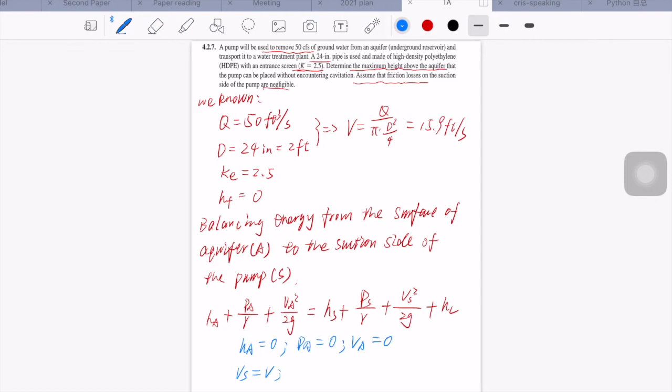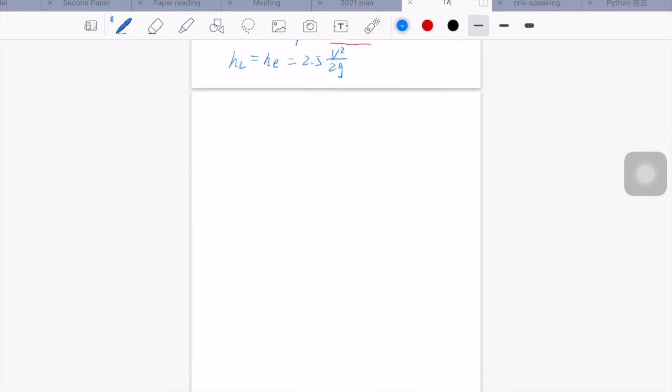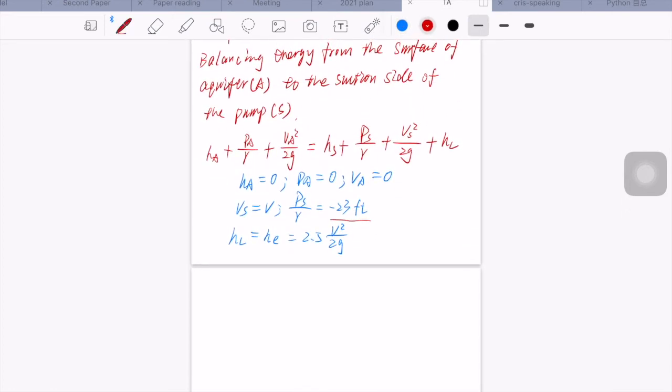And we should avoid encountering cavitation. So the pressure head at the pump should be minus 23 feet. We can find this value on page 99, the last paragraph in the textbook. And since the friction loss is 0, the head loss equals the entry loss, equals 2.5 times V squared divided by 2G. So now the energy equation can be written as 0 feet equals